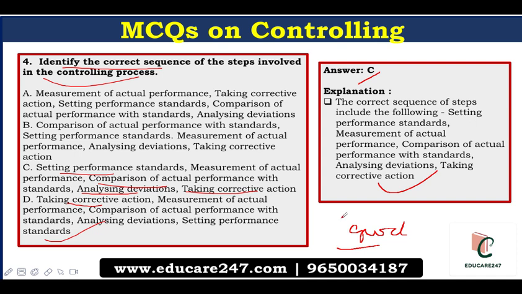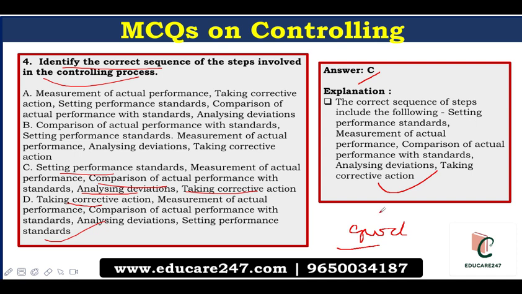It involves finding out the extent of deviation between standard performance and actual performance and identifying the causes of such deviations. When the performance standards are achieved, no further managerial action is necessary and the controlling process is complete. However, performance standards may not be achieved in all cases, and the extent of deviations between performance standards and actual performance may differ from case to case.